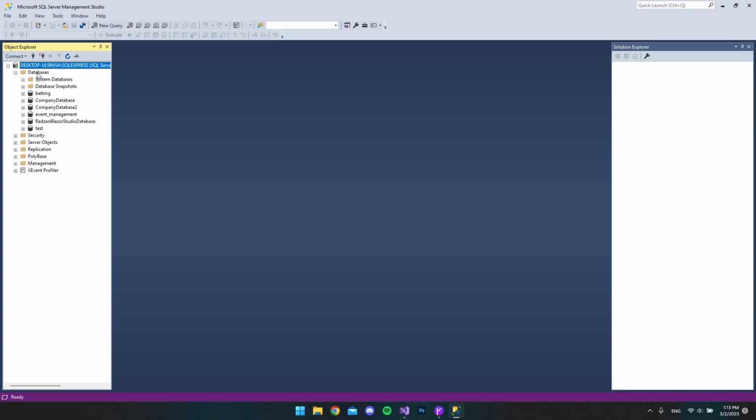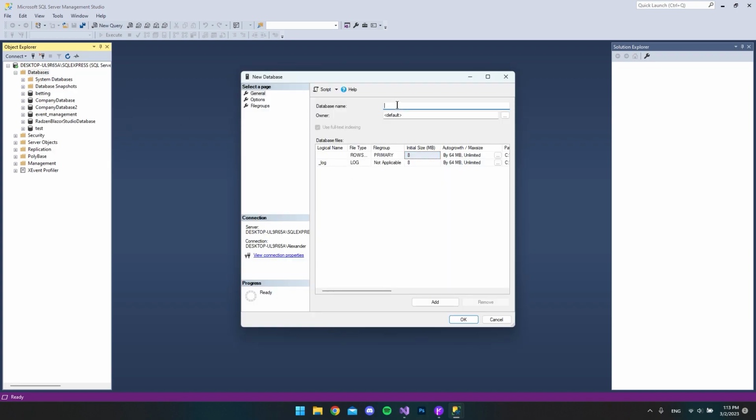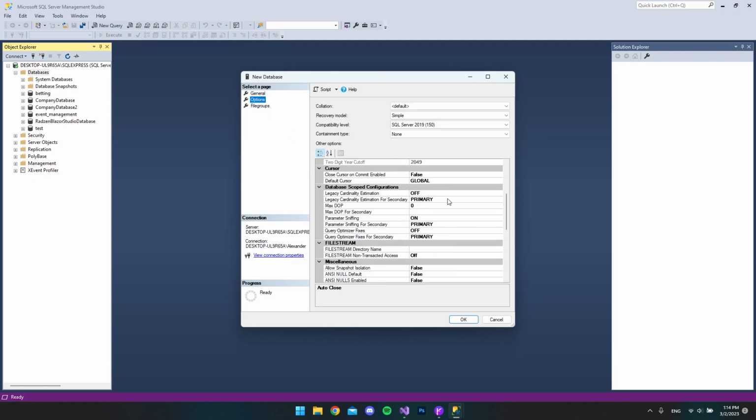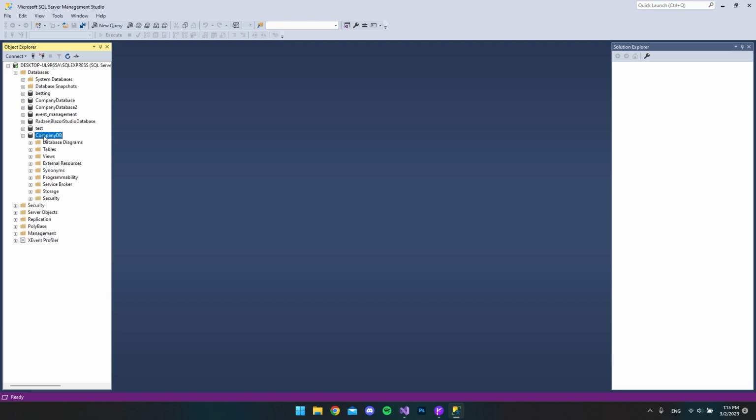So let's right click the databases and say new database. The first thing we will do is give it a name, so let's call this CompanyDB. We don't want to click OK yet because we want to go to the options tab. If we scroll a bit down, we can see Broker Enabled, and we want to set this to true. What that does is enable our SqlTableDependency class to listen to changes in the database. So let's say OK, and then let's expand the CompanyDB